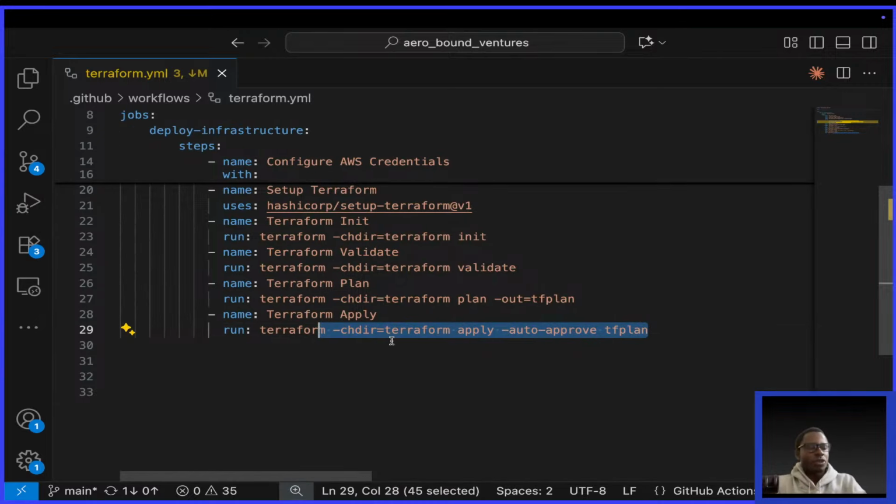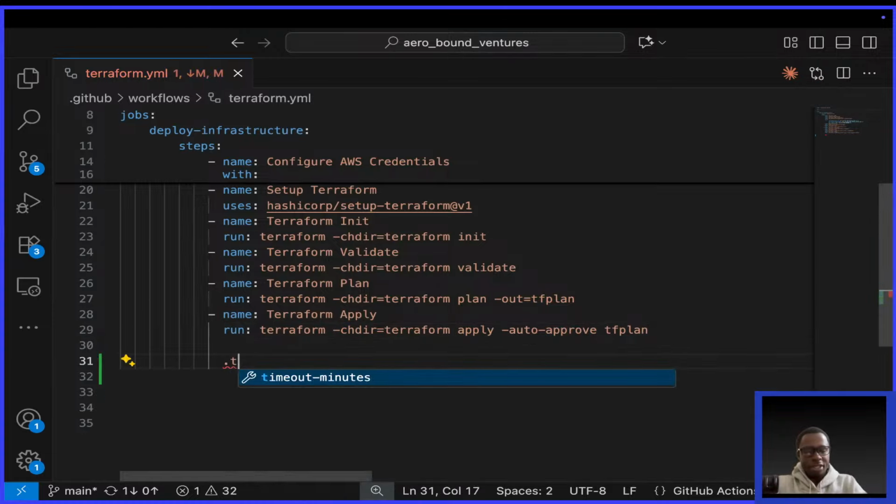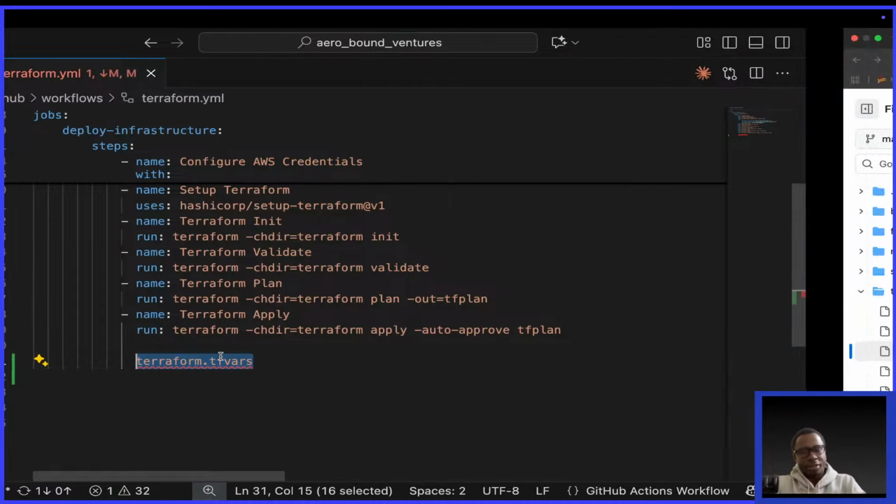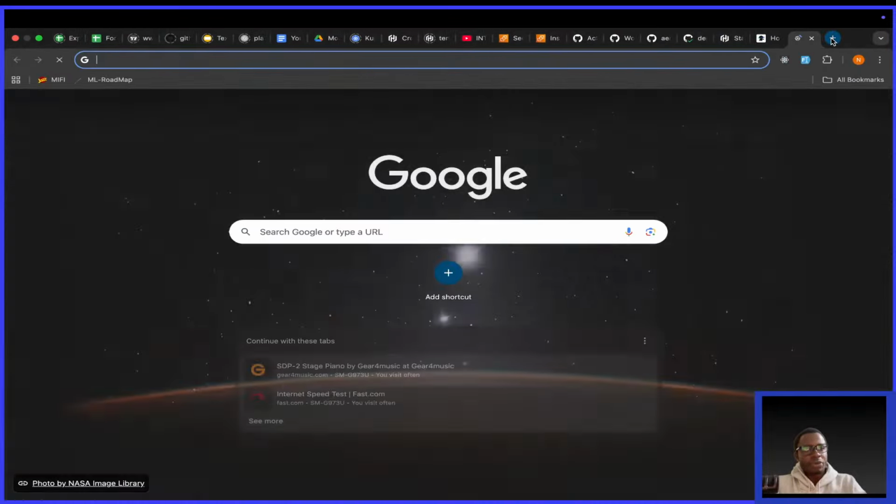We can create what is called a .tfvars file. What's a .tfvars? A .tfvars is a file known by Terraform for storing secrets, environment variables. Actually, it's called terraform.tfvars. In fact, if I just Googled this, if I came here to Google and I did this,